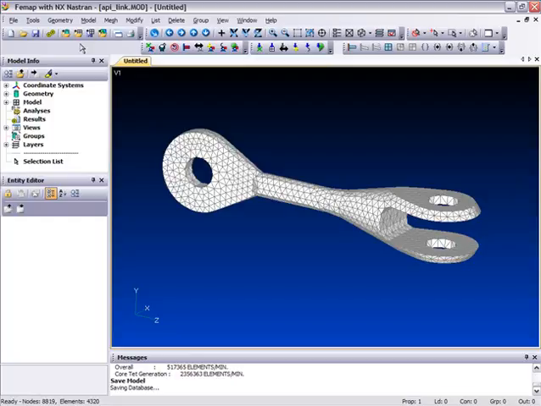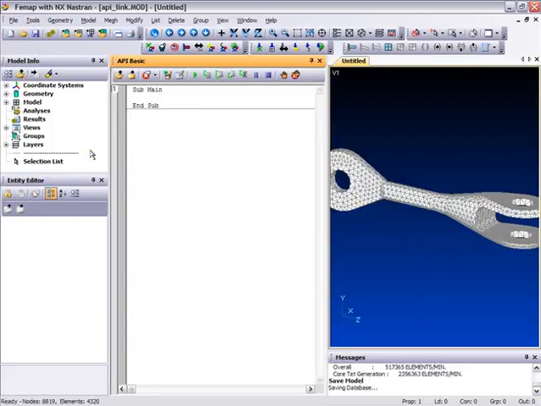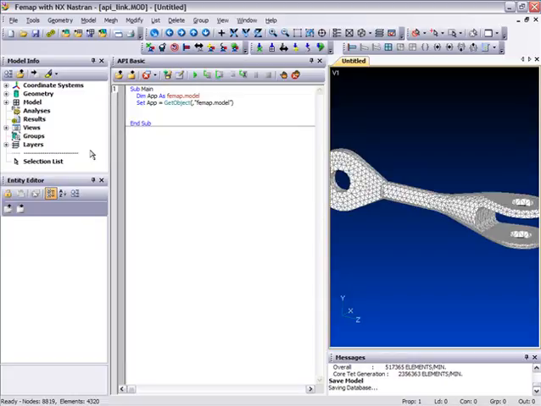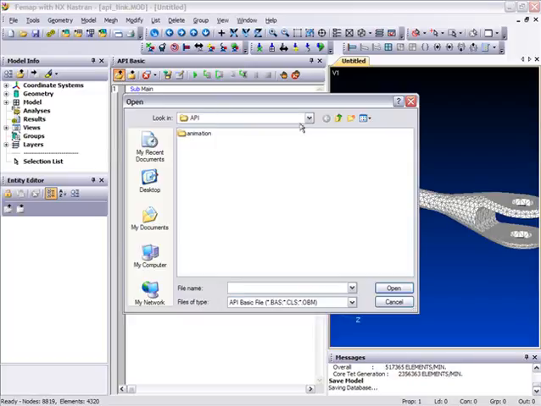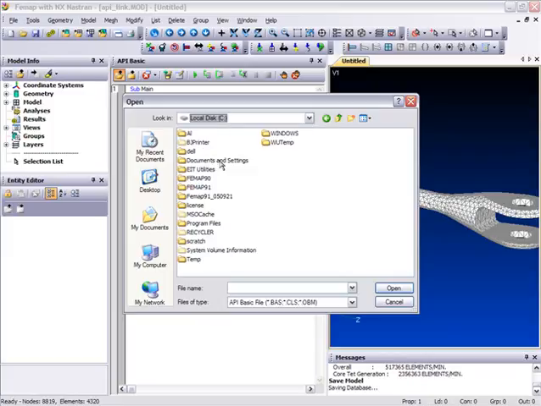And I just happen to know that one of the API programs will set this up for me automatically, so let's go ahead and use that and see how we use the API at the same time. So we go into Tools, API Programming, which opens up the API basic environment inside the Femap user interface, and I can browse for some of the basic programs that were delivered with